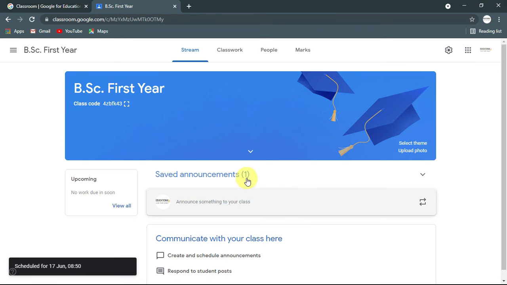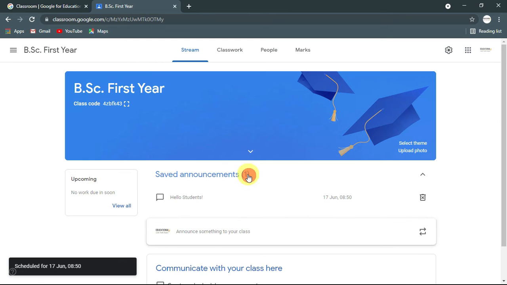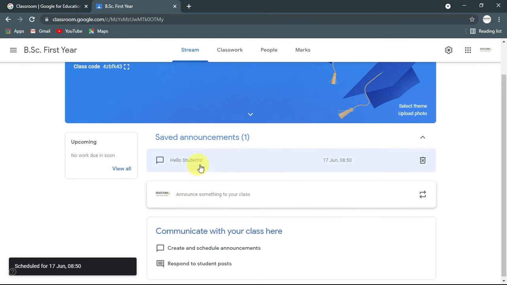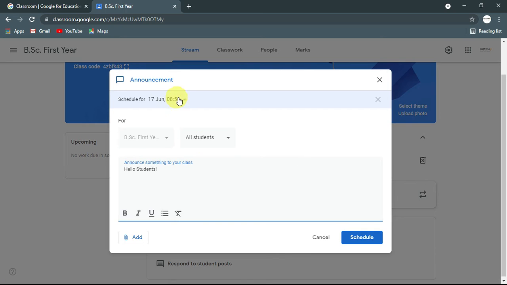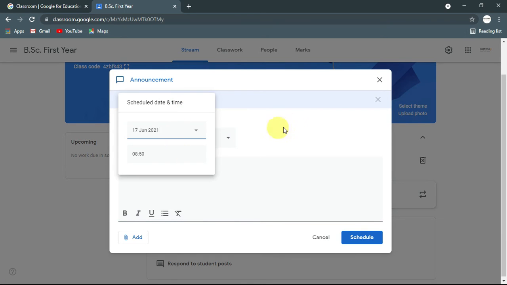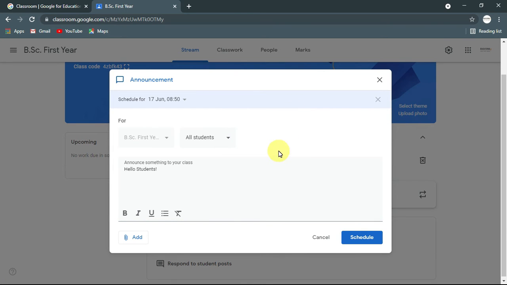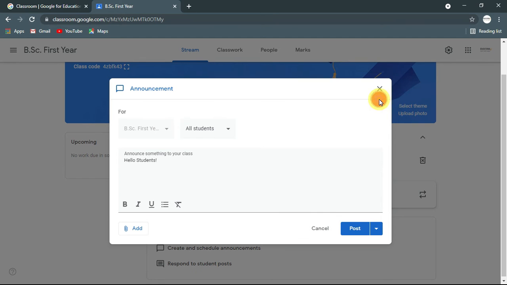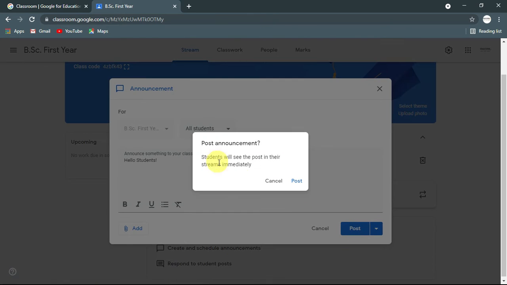So this will be shown in the saved announcement section. You can click on this. As you can see, the hello students will be posted on the next day, 17th of June at 8:50 a.m. You can click and you can change the date and time altogether. Or if you want to post this message right away, you can cancel this and click on post.